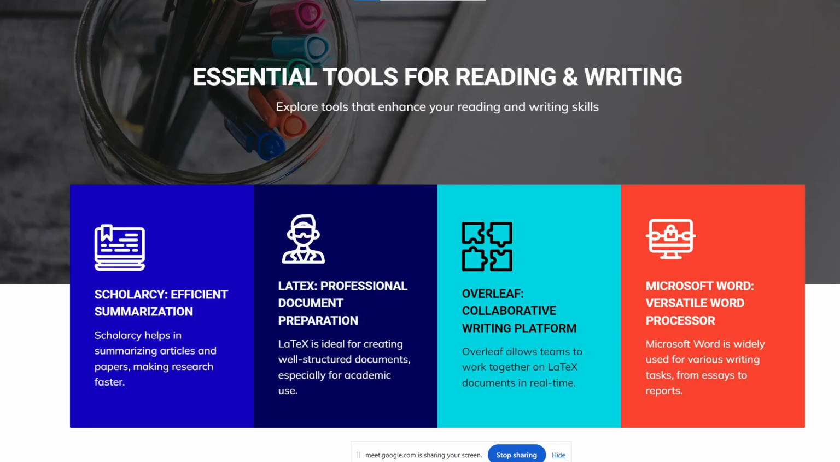Okay, so tools. If you are a beginner, these tools are very crucial and important. For reading and writing, I would like to add three to four tools here. For reading things, I recommend Scholarly. That's a website where you need to create a free account. Then if you upload your paper in whatever format it accepts, especially Word or PDF format, it will